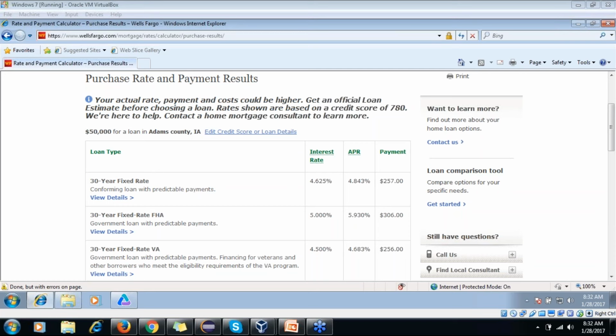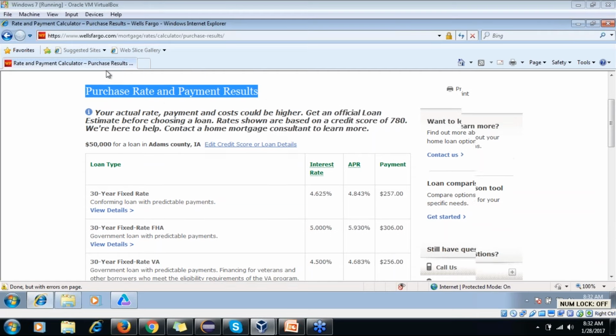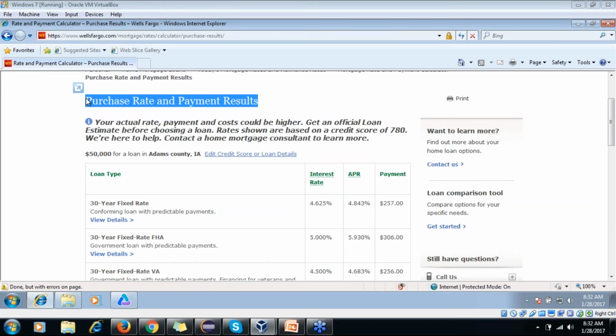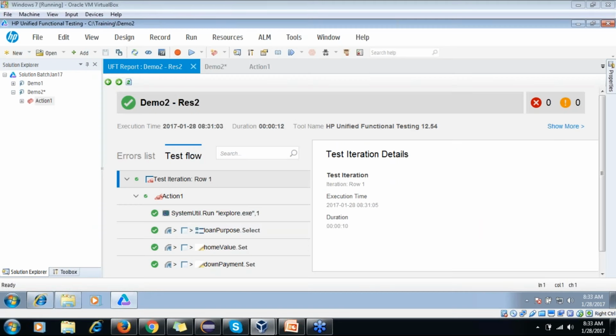There are various checkpoints UFT provides, to verify things, like I want to verify whether this text, purchase rate and payment results, appears when we click the calculate button or not. Then there will be other checkpoints. We'll discuss checkpoints in detail, but today let's see how we can do this using VB script.